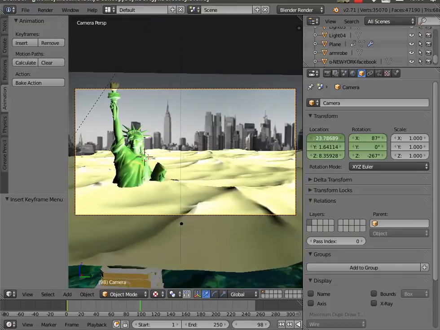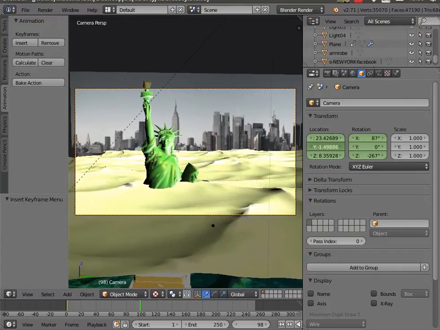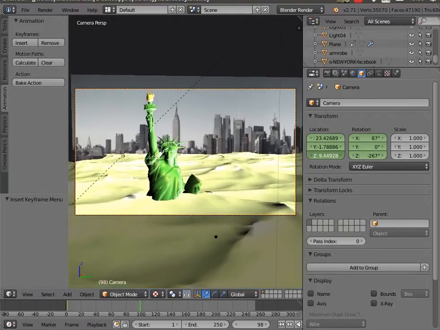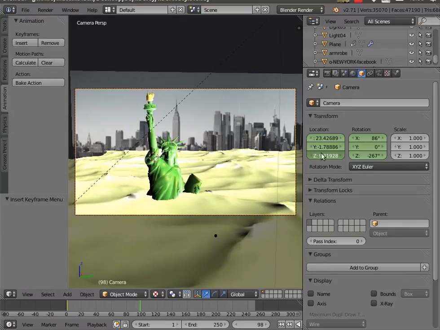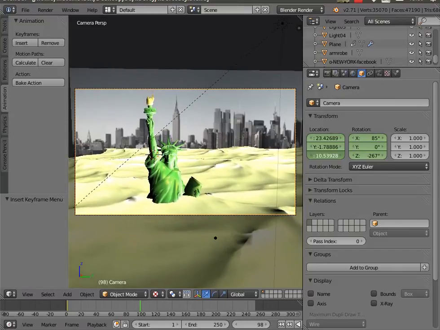So I'm going to move the camera in. I'm going to move the camera to the left, being careful I don't get the edge of this come into view. And I'm going to move the camera up, and I'm going to look down slightly more. So we're starting to move up on this now. Okay, and I'm going to insert location and rotation again,